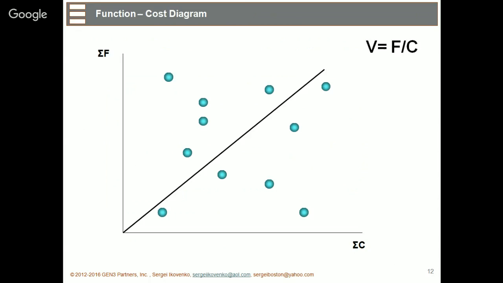When I do a project, there will be more components pushed into my target domain, into the upper left-hand corner. That is why if I draw a new line among those components, the new line will be steeper, right? Because there will be more components in my target domain. But what does the steepness of this line show? Of what is it characteristic? This angle is actually characteristic of the value of the whole system. The steeper the line is, the higher the value of the whole system, right? Ideally, if it is vertical, cost is 0 and functionality is infinite. That's what is called an ideal machine or ideal system. So the steeper the line, the more